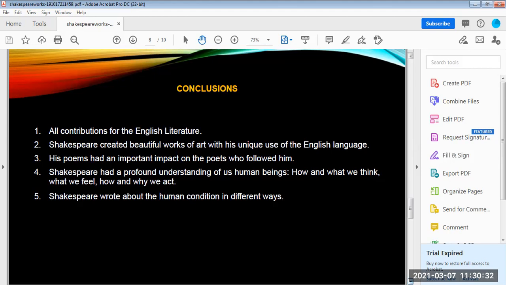As you know, when we study the poems of Shakespeare, we realize that Shakespeare made a great contribution to the sonnet by introducing the English sonnet, or the Shakespearean sonnet, in comparison with the other poets who follow the Italian sonnet, or Petrarchan sonnet. Shakespeare had a profound understanding of us as human beings, okay? Part of his